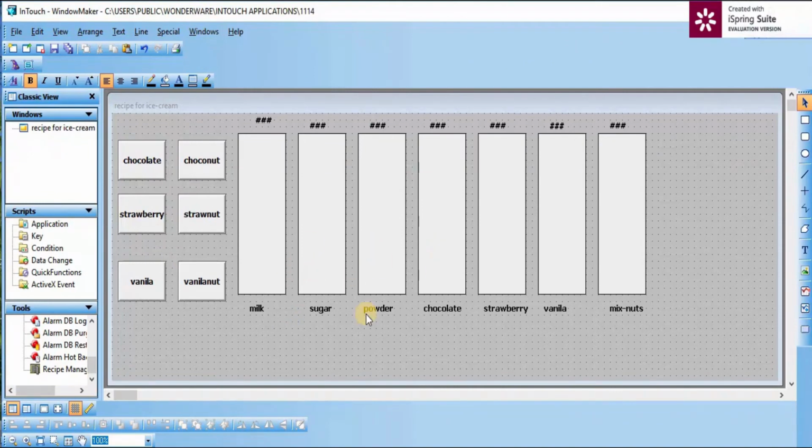So now we have to give instructions for each button. Before that, we have to copy our recipe file location that we saved earlier.